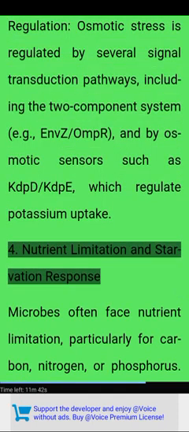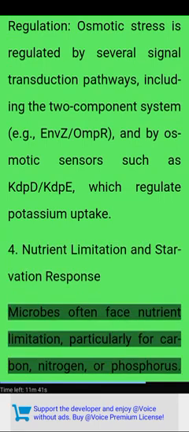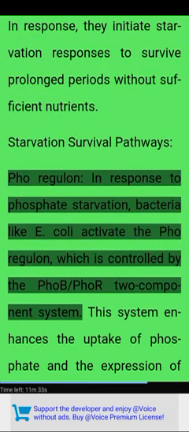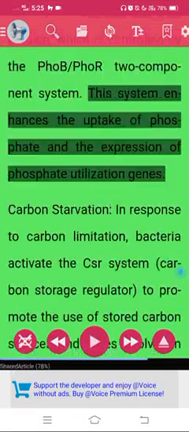4. Nutrient limitation and starvation response. Microbes often face nutrient limitation, particularly for carbon, nitrogen, or phosphorus. In response, they initiate starvation responses to survive prolonged periods without sufficient nutrients. Starvation survival pathways. Pho regulon. In response to phosphate starvation, bacteria like E. coli activate the Pho regulon, which is controlled by the PhoBR two-component system. This system enhances the uptake of phosphate and the expression of phosphate